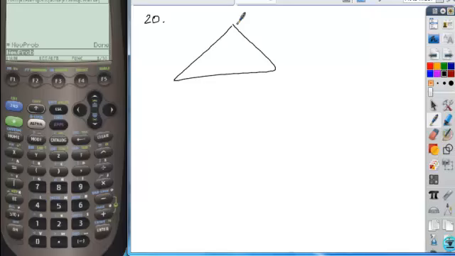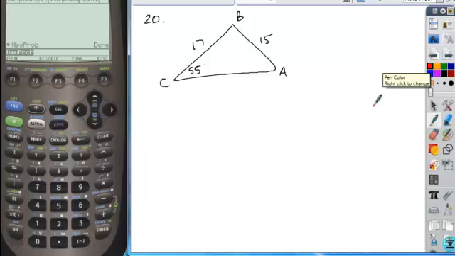In problem number 20, it says you have angle C of 55 degrees, side A 17, and side C is 15. So here's the given information. And what you're looking to do here is figure out what are the remaining pieces of information